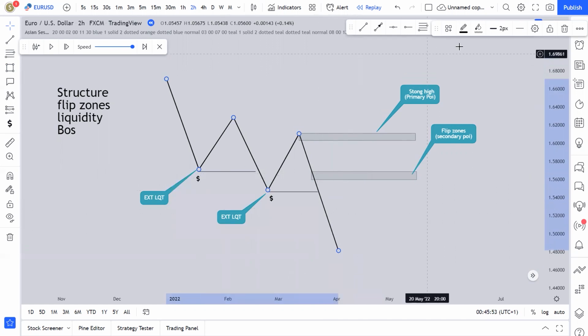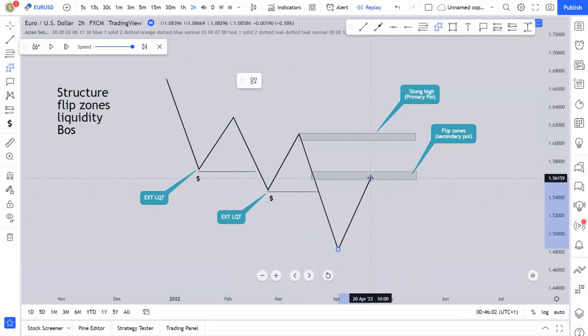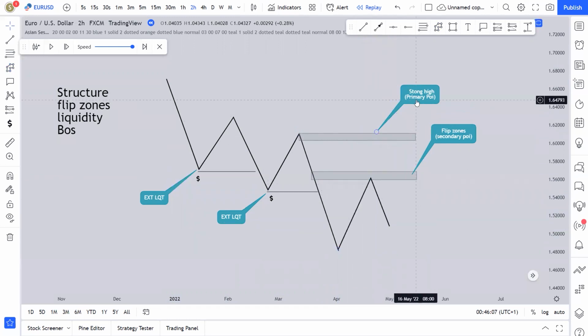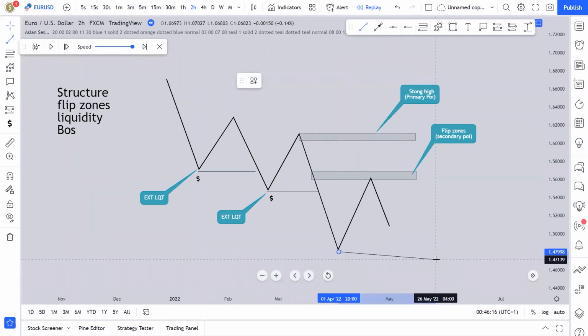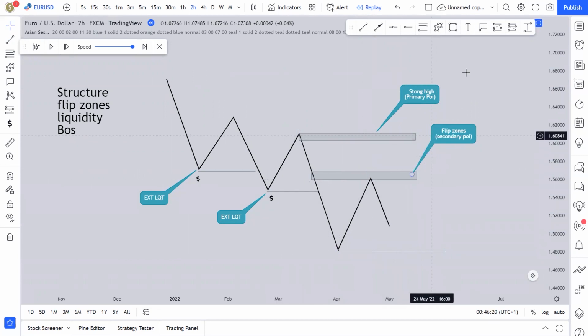So I want to see price come here, to this flip zone, and continue selling. And once I can catch a sell from my flip zone or my strong high or my primary POI, most people call the flip zone the secondary POI. Once I can catch the trade, that simply means that my target definitely is going to be this external liquidity down here, right? So as I'm able to catch this, irrespective of the time frame, if I catch this on the daily,